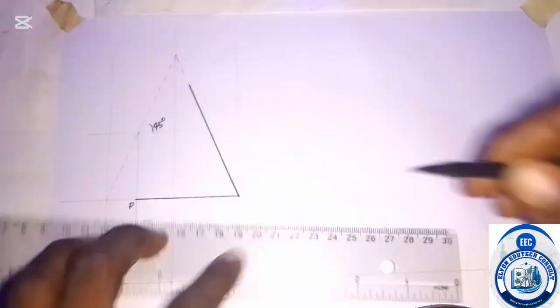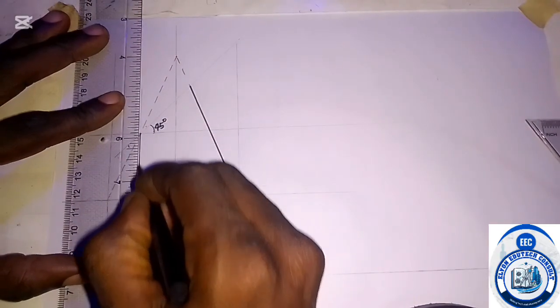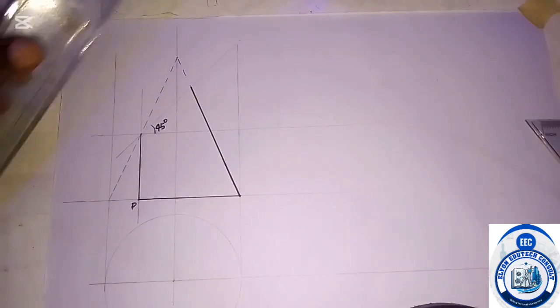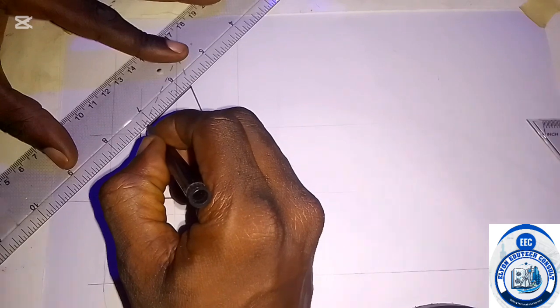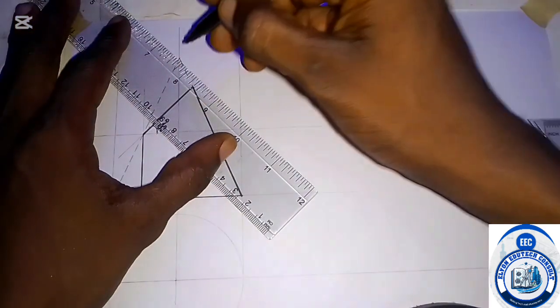To this point, then I will highlight to this point this way, then I will highlight this part. Okay, so we have this part